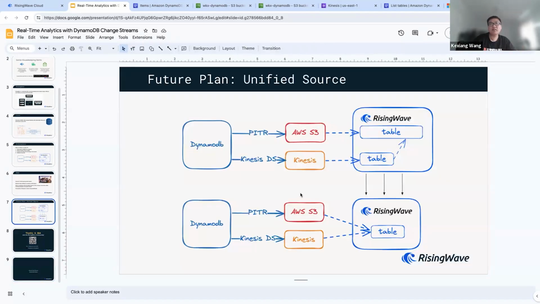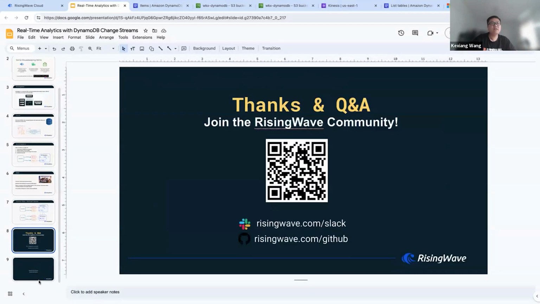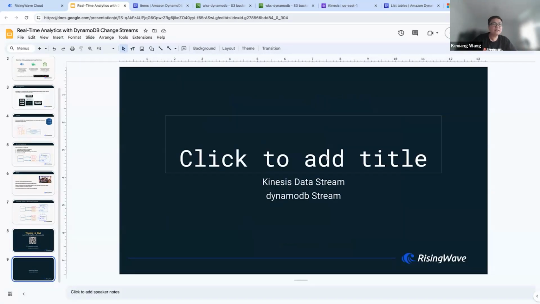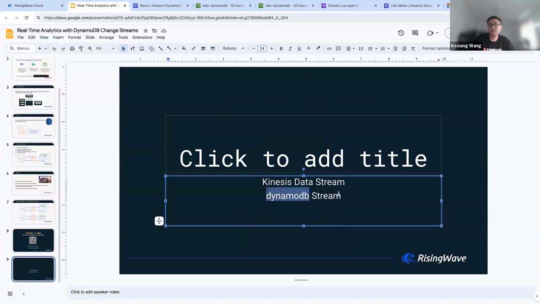Maybe take this diagram as an example. If we're using DynamoDB streams, there's no Kinesis. The change stream will directly get into RisingWave. So with DynamoDB streams, you do not need to pay for the Kinesis setup. But relatively, the cost is minor considering the DynamoDB itself and